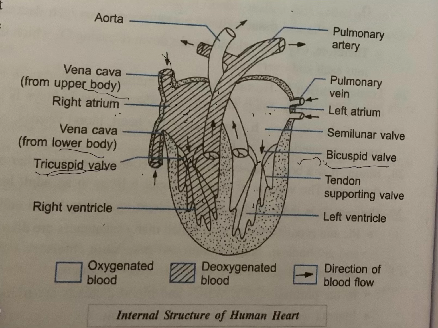Right side से vena cava से and left side से pulmonary vein के through oxygenated blood आएगा and right side से deoxygenated blood with the help of vena cava. And then the atrium contracts and pours the blood into the ventricle. The right atrium pours deoxygenated blood into the right ventricle and the left atrium pours oxygenated blood into the left ventricle. And then the left ventricle pours the blood into the aorta to supply the different body parts and the right ventricle pours the blood into the pulmonary artery to the lungs.